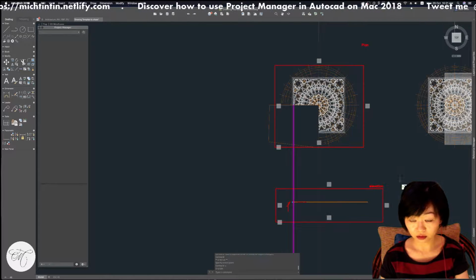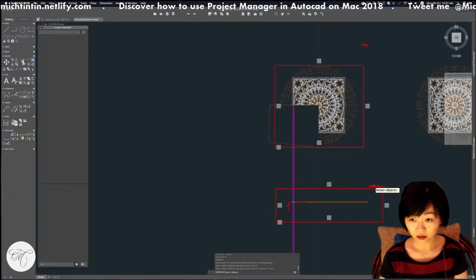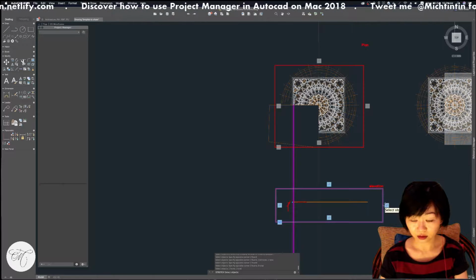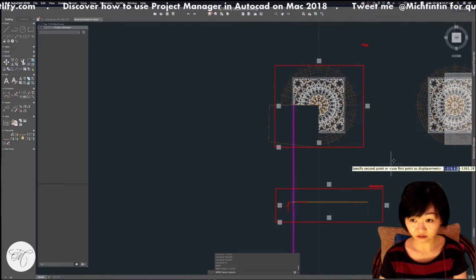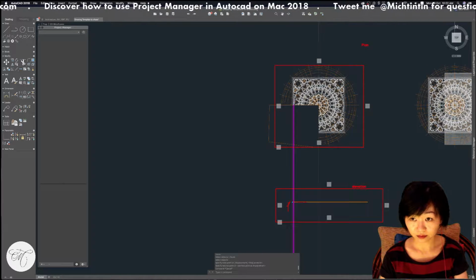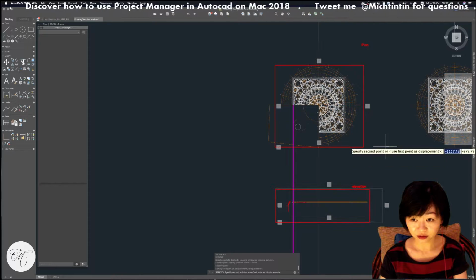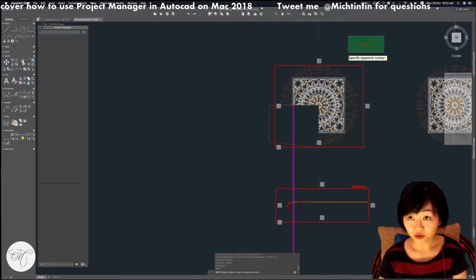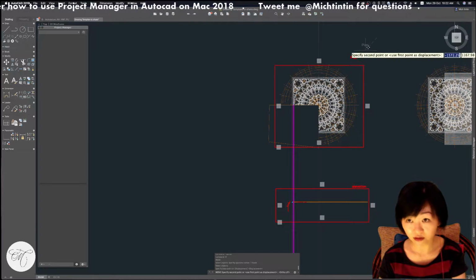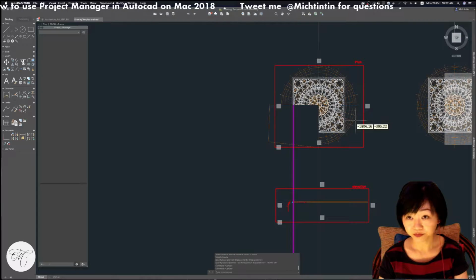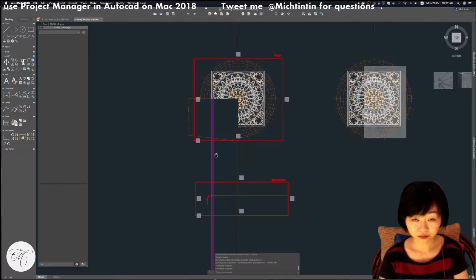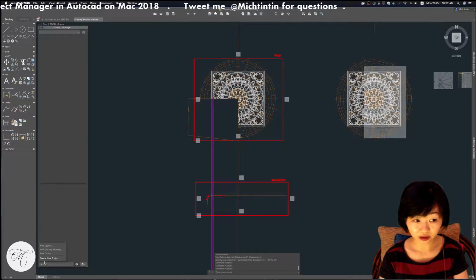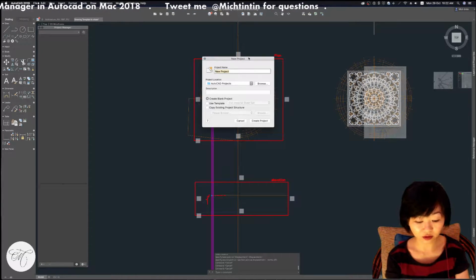Oops, no. Let's move this in first. Elevation. Okay, now how do we do it? Let me figure out. I don't know either. I know I need to go and create a new project. Let's call it